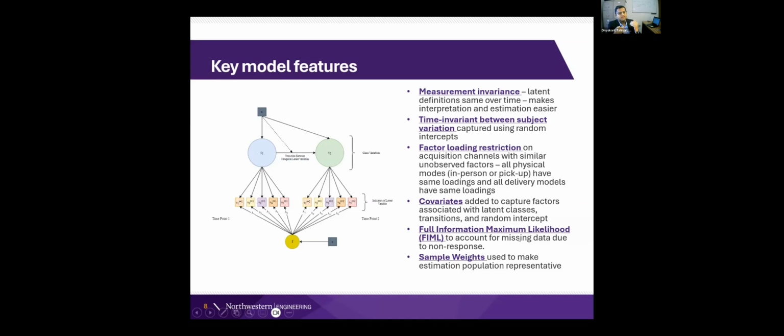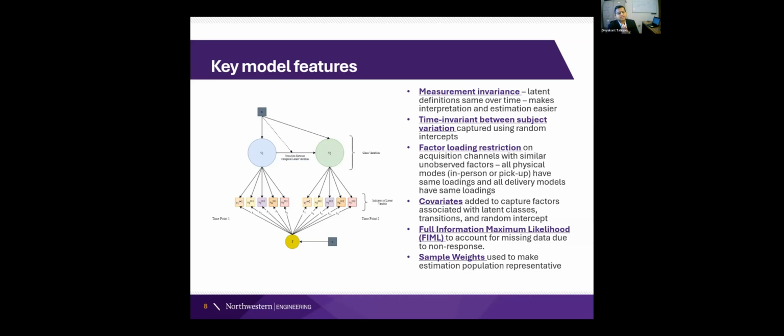Another important aspect that we include in our analysis is we use full information maximum likelihood for estimation. The idea behind full information maximum likelihood is that whenever you have a longitudinal data set, there is going to be missing information because you have respondents who are not present in all different waves of your longitudinal data set. If you don't account for that missingness in your analysis, that significantly biases your estimation results. And a way to account for that missingness is through full information maximum likelihood, which we do in the estimation part, and that helps us ensure that the results account for the missingness in the data set. And that is really